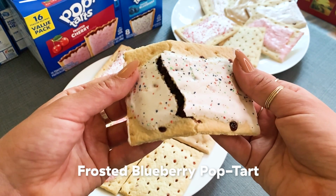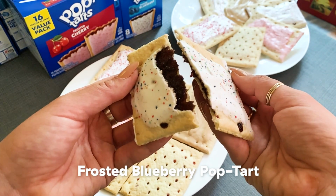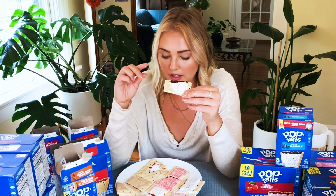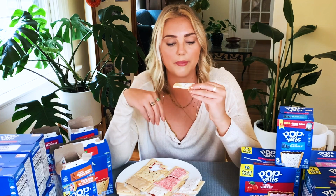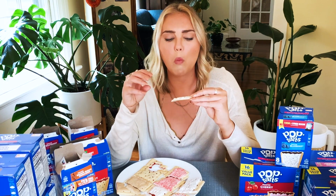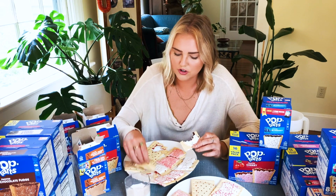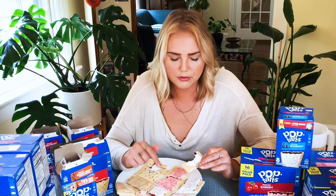Let's do the frosted blueberry. I love the color of blueberry. It's just beautiful. It should be a dark blue, but it looks almost like a dark purple here. I hope I like the blueberry more than the strawberry. No. I think I like the strawberry more. Out of the blueberry and the strawberry,